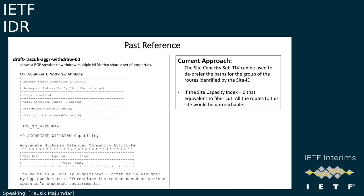This is just showing a past reference. There was a draft from Robert on aggregated withdraw that was there for quite some time. It's how the MP aggregate withdraw mechanism was done by the AFI/SAFI cases. It's just a reference, and we took the idea from there, but here the use case is different, and we are using the capacity sub-TLV to deprefer the paths for a group of routes which is identified by the specific site ID. And again, when the capacity index goes to 0, that is